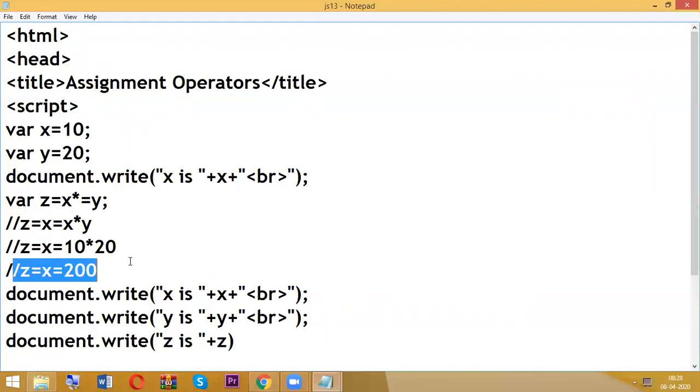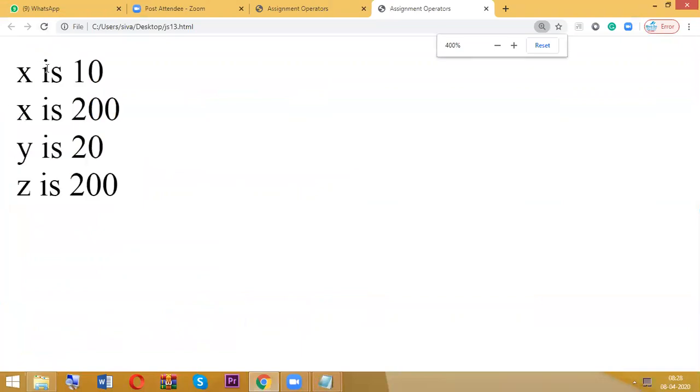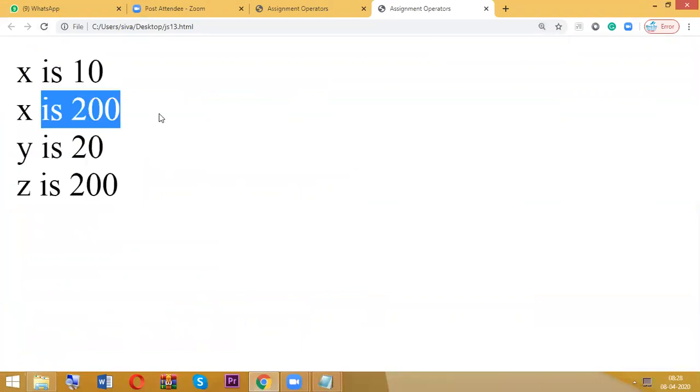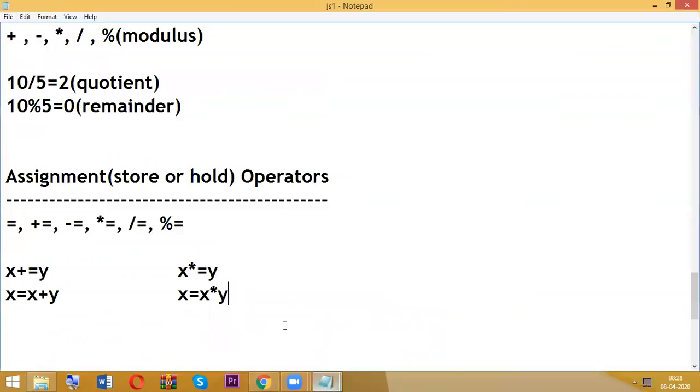After the expression, z value and x value both became 200. Check the output. Before the expression x value is 10, after the expression x value is 200, then y is 20, z is 200. Same like that, you can try the remaining. So this is called assignment operators.